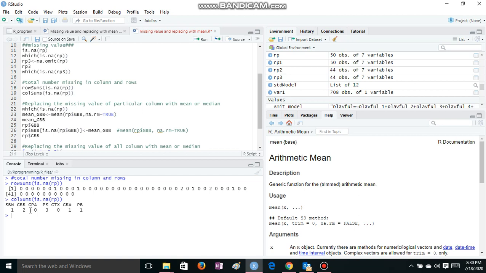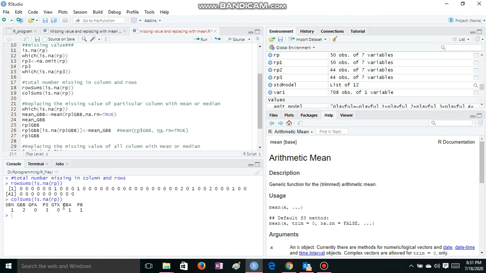Okay. Now the next step is to replace these vacant spaces or blank spaces using the mean of the variables, that is the column, because our variables are in columns. We have 7 variables as such, and these variables, the indicators of my research, have a data set of 50.